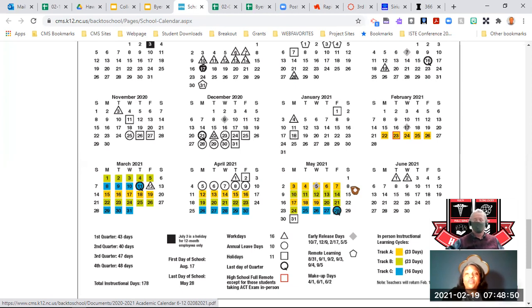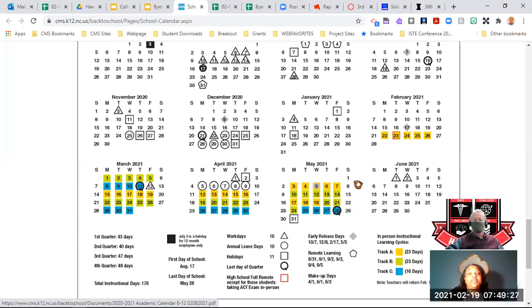And yes, if you have transportation, even if you're rotation D, you will still have transportation on the bus for exams, because again, all juniors must be present on February 23rd. And then once we go to the next week, the first week in March, we will have those scholars in track B or rotation B, March 1st through March 5th. Only rotation B scholars, everyone else will be remote. And again, if you're not live in person, you are remote.